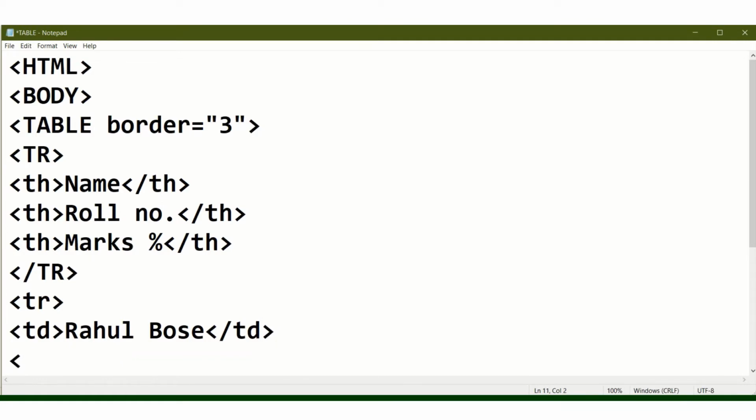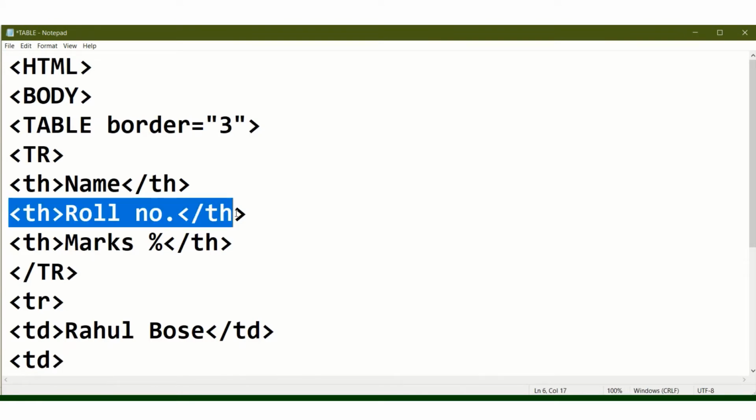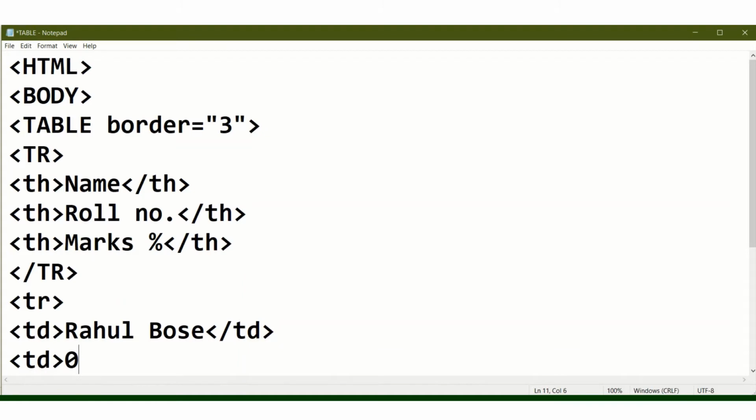This is the first column. Second column of the second row, TD, and the second heading is the roll number. So in the second column we have to give the roll number. Suppose I am giving roll number 1. Then TD close.